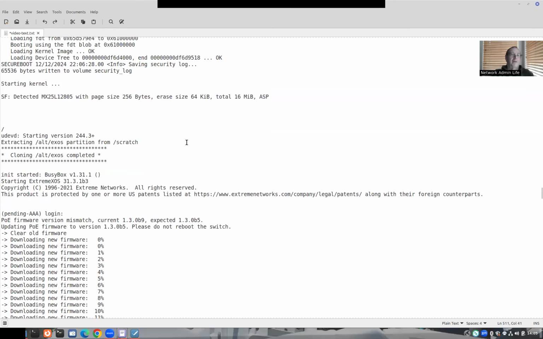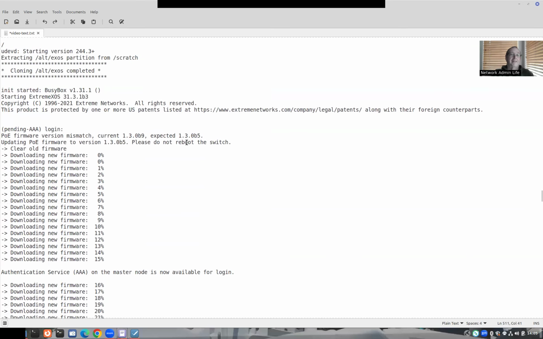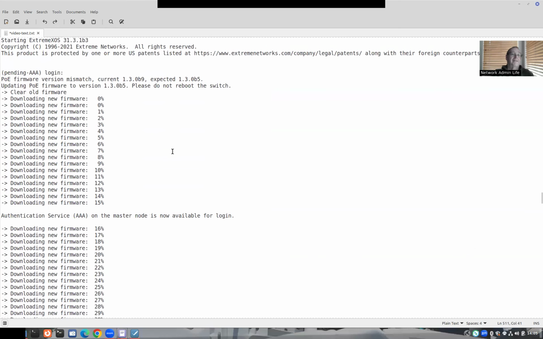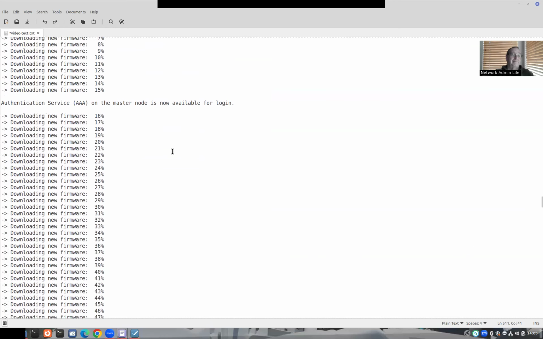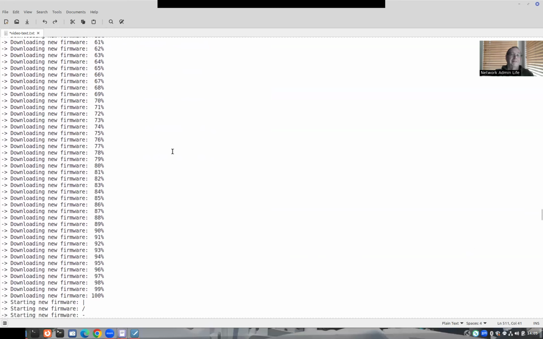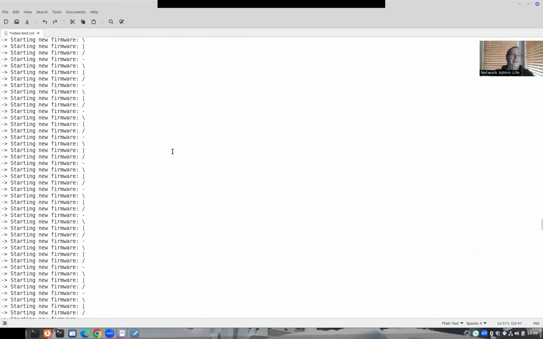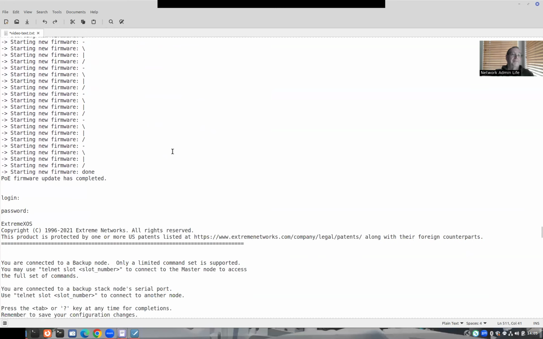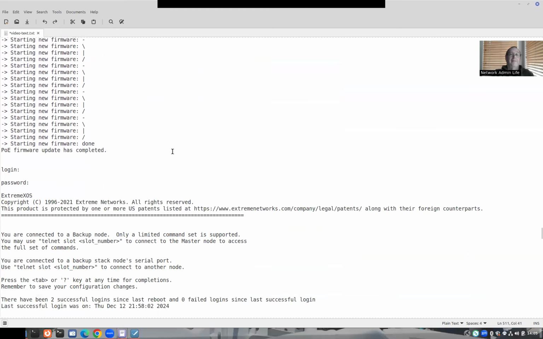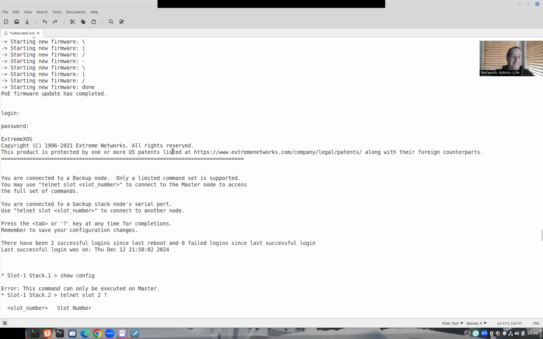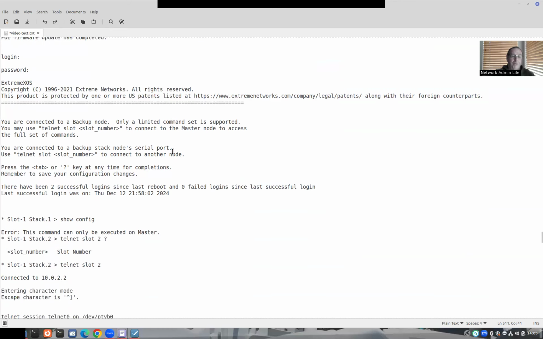So here it is. It's going through its whole booting process. And then it starts downloading firmware and downloading firmware forever. Then it's starting the new firmware. And then it finally completed. I thought that shouldn't have happened. So I logged in